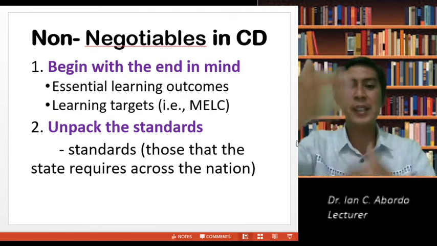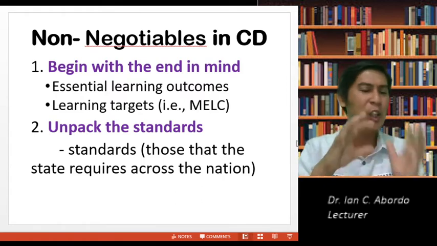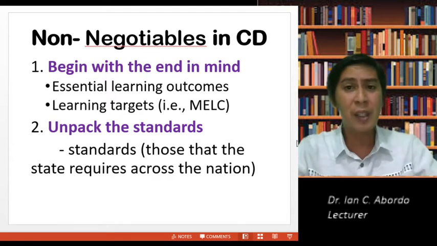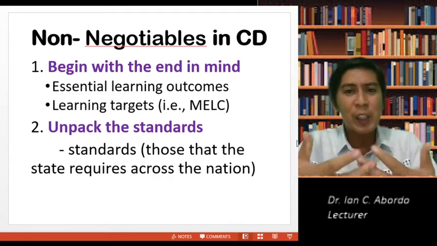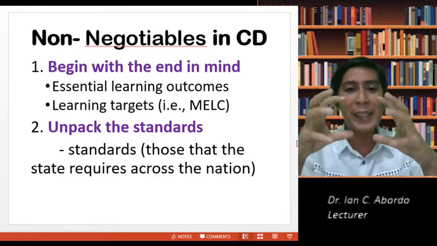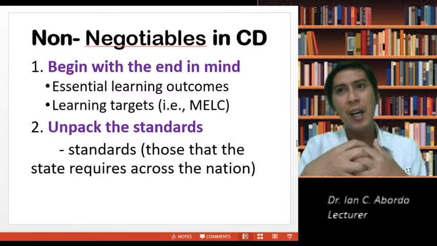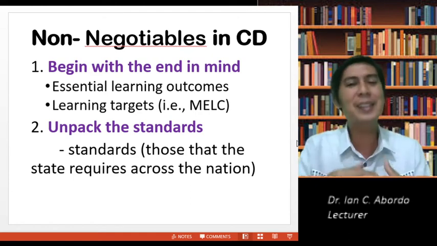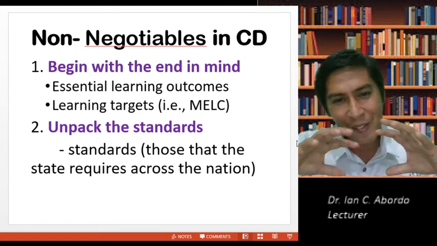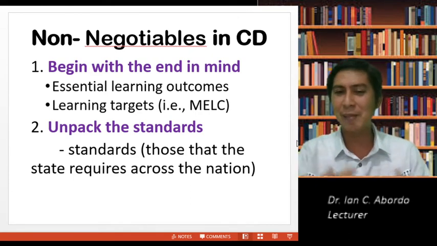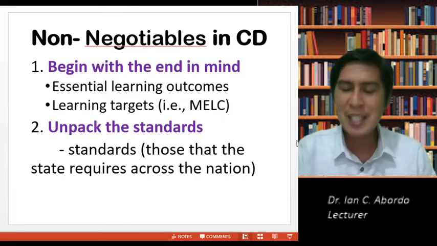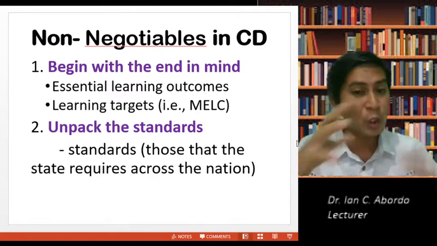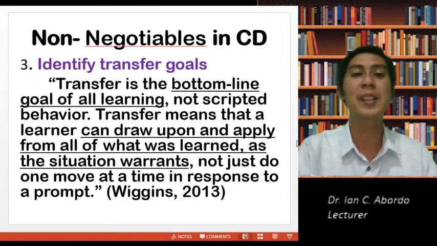When we develop curricula, when we develop materials for our class as curriculum documents, we will unpack the standards. We are not copying the standards only. If possible, we can transform them into bite-sized materials, so that these can be assimilated and easily learned by the learners. We can transform them without losing the minimum standards.